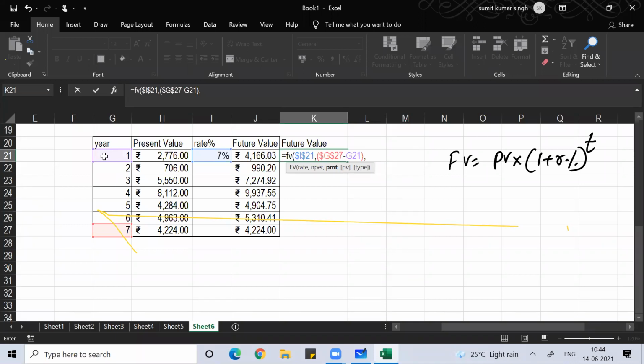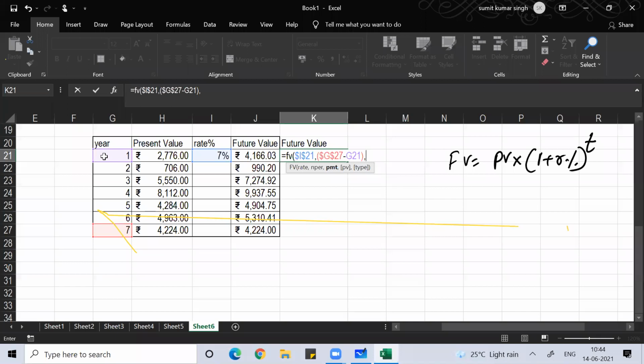Now many people would be wondering, sir, what is annuity? Annuity basically means when you pay or receive the same amount of money after every regular interval of time. Sir, I did not understand. So what is annuity, guys? Like rent. I pay rent every month to my owner.